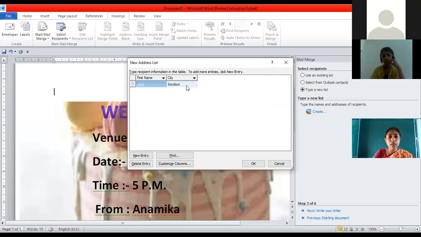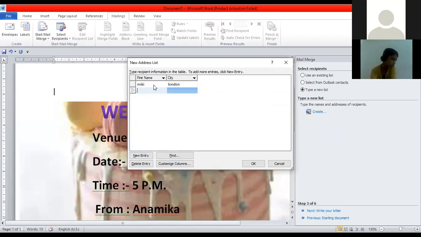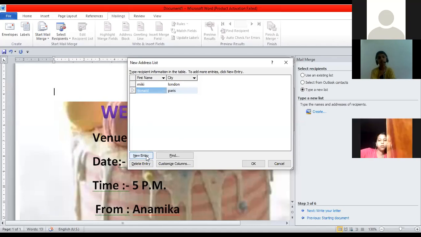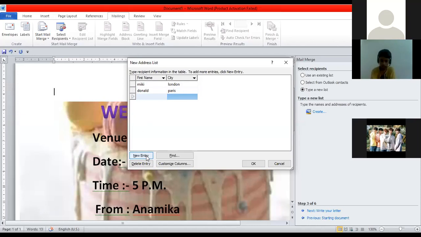When you press enter, it will not give you another one. What you have to do is click on new entry. Then only you will get another option. Click new entry. Now just suppose, what to show.